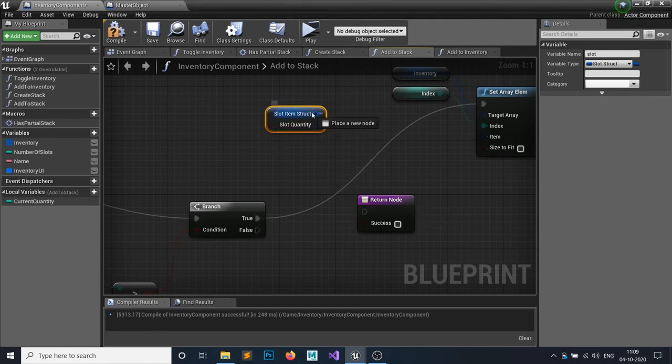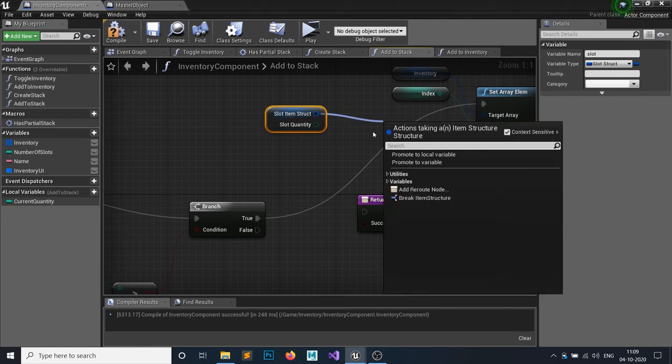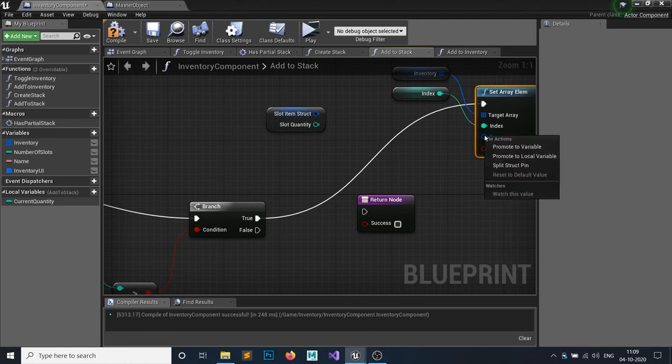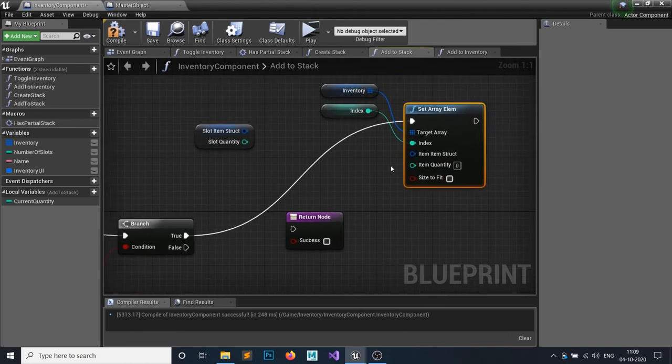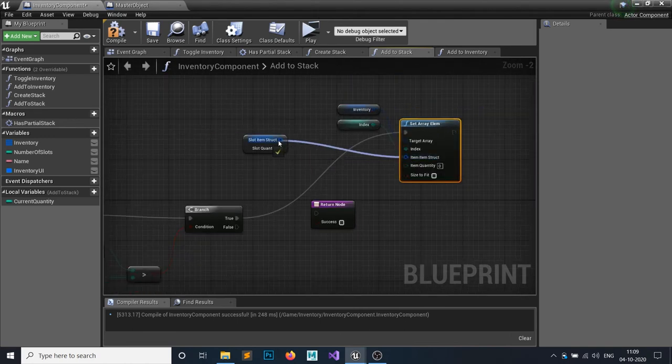So the item we want to add is this slot item, right? But where do we want to add? So right click on this item to split it out. So the item is this,